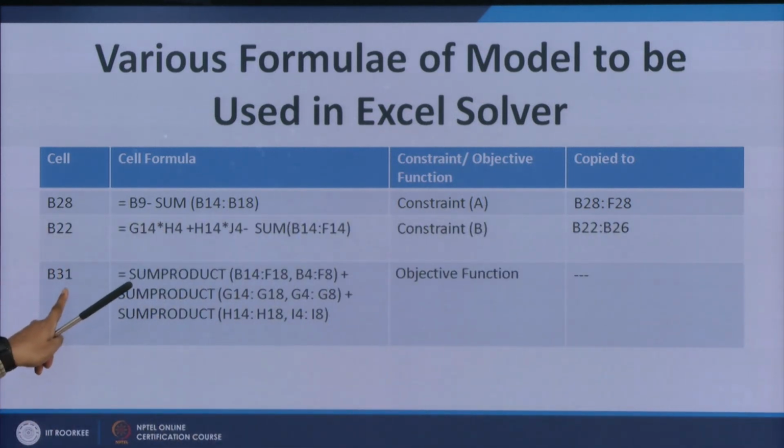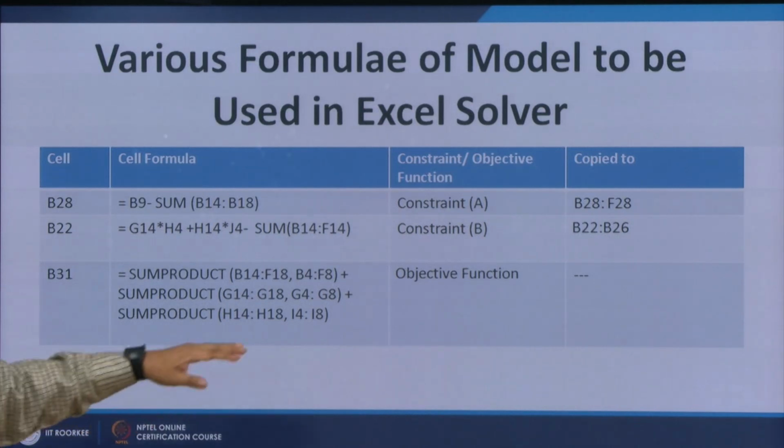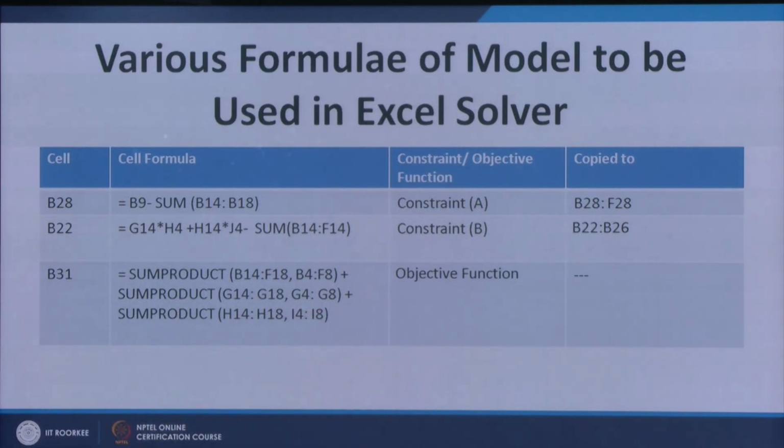First we will talk of the formula that we are going to build in cell B31, and this formula is our objective function. Now, the objective function is actually the total cost of this exercise. Now, the total cost of this exercise will be,